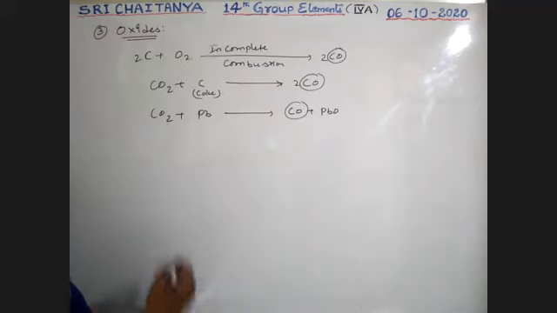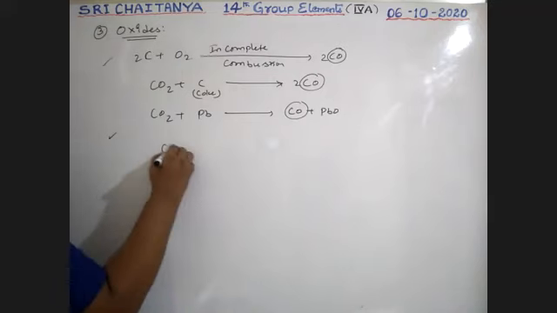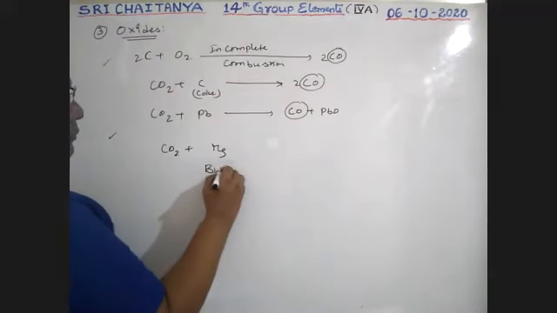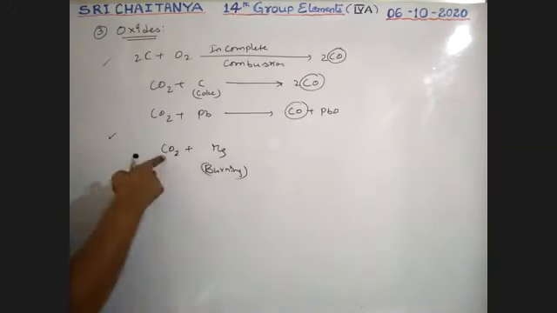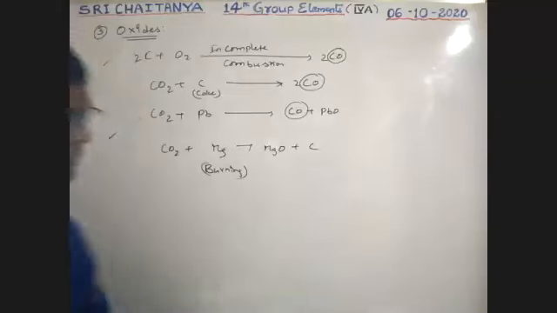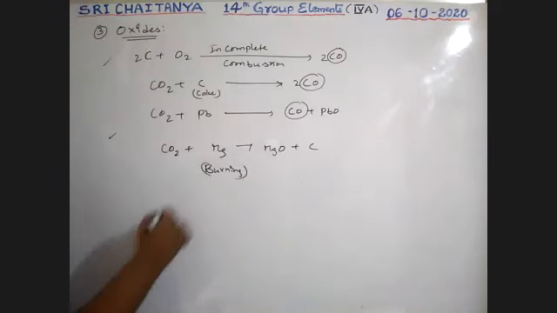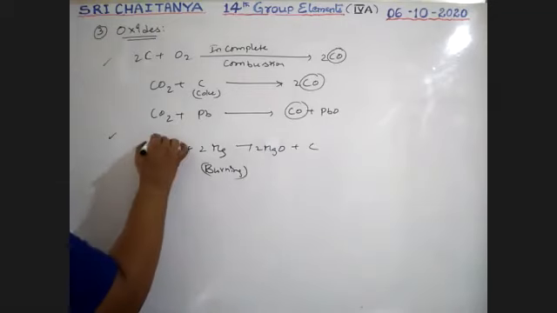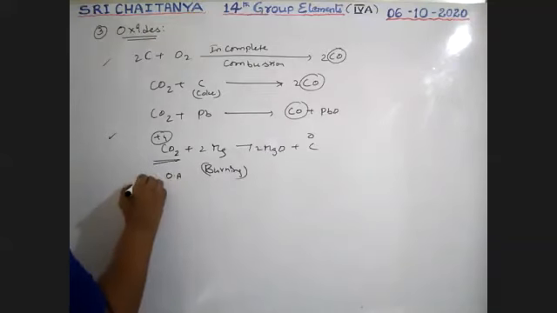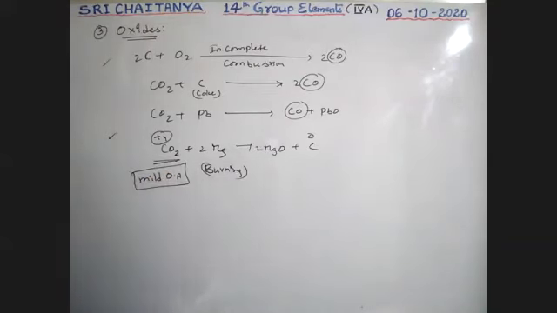So see here the reactions. Carbon dioxide reacts with magnesium metal. Magnesium metal is burning, boys. Burning magnesium in carbon dioxide gives magnesium oxide plus carbon. So here carbon +4 is changed to 0, reduced. CO2 in this reaction acts as an oxidizing agent, but a weak, mild oxidizing agent.